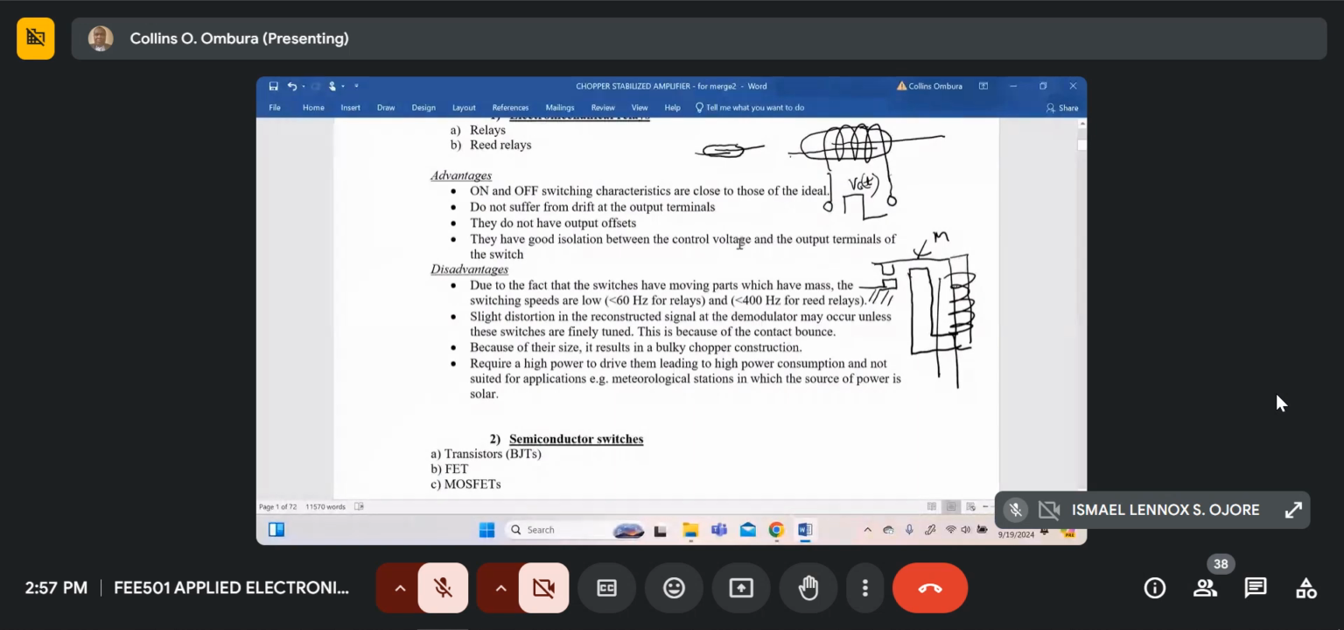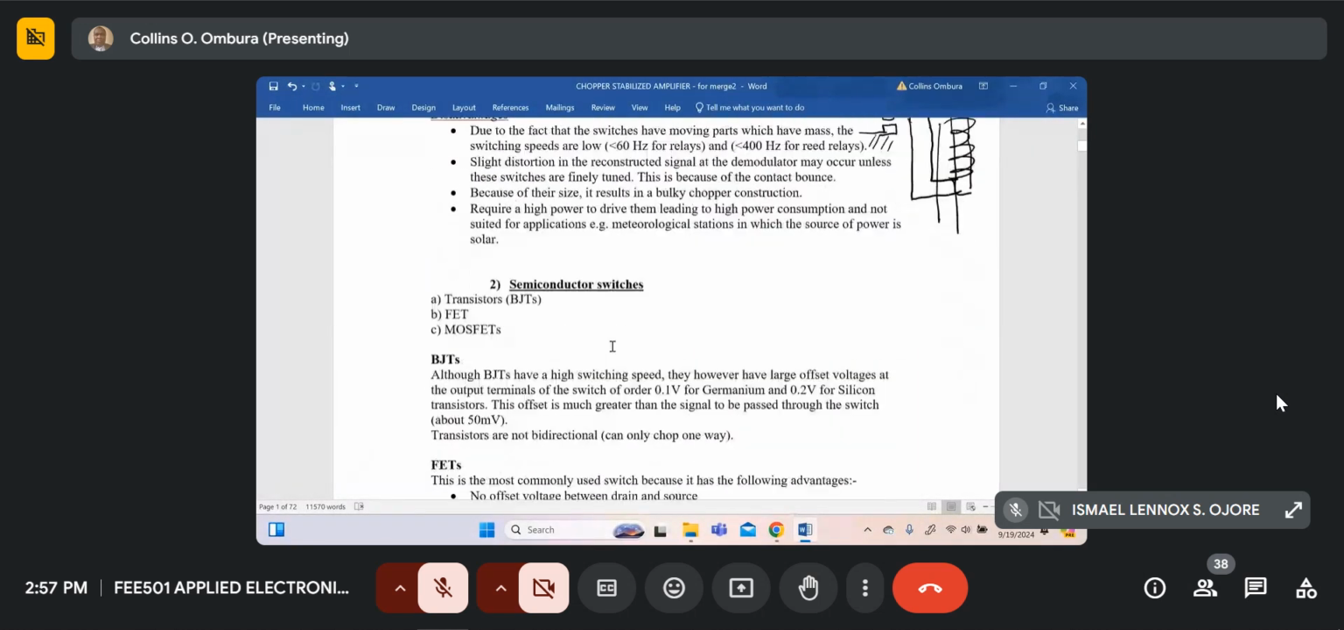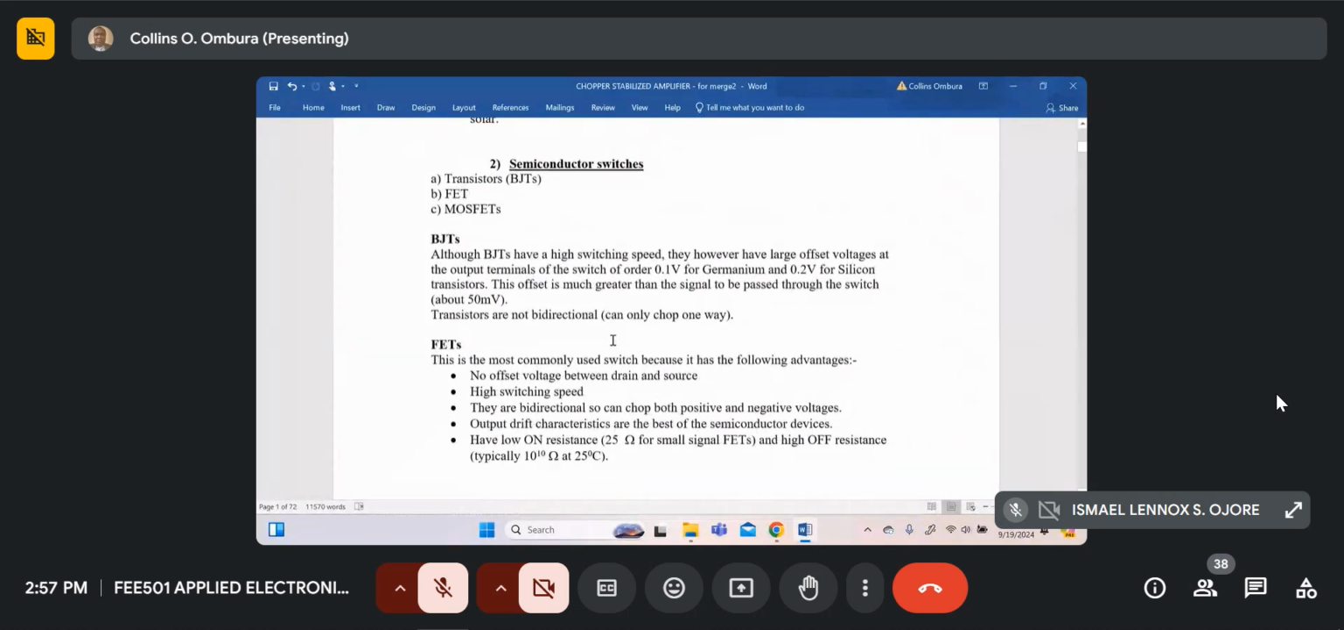Now, the other type of switches are the semiconductor switches. So instead of using an electromechanical switch to perform your pulse amplitude modulation and demodulation, you can use semiconductor switches. Now, the semiconductor devices which you can use as switches, we have the BJT transistor, we have the field effect transistor, we have the metal oxide field effect transistors. If we start with the first one, which is the BJT transistor,